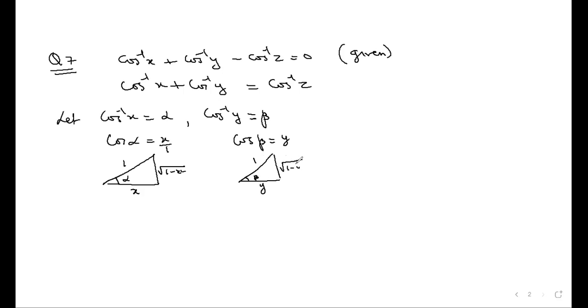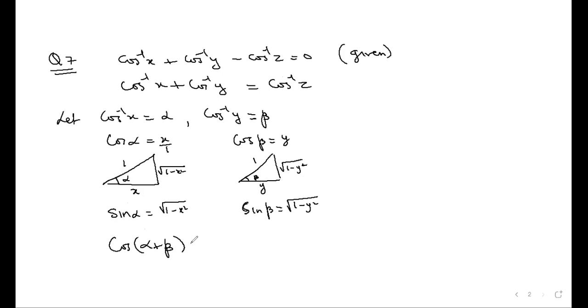So 1 minus. तो इधर से sin alpha मिल जाएगा. Even you can use sin theta is root of 1 minus cos square theta. वो भी कर सकते हैं. ये triangle का जरूरत नहीं. That doesn't matter. You can use both ways. Now you need cos of alpha plus beta